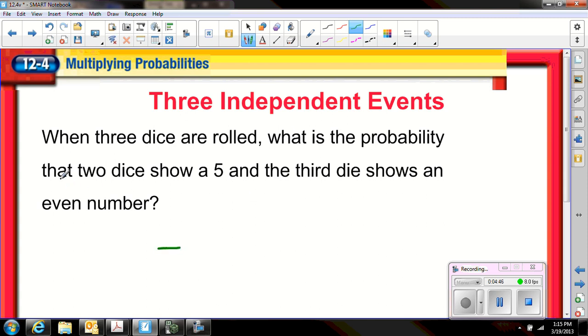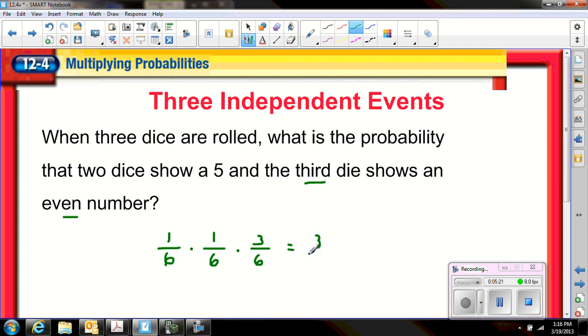So the first one, I want a 5. Well, there's 1 five out of 6 possible numbers on a dice. So that's dice number 1. Second dice, I also want a 5. There is 1 five out of a possible 6 numbers. The third dice I now want an even number. So again, there's 6 numbers on a dice. An even number could be 2, 4, or 6, which means there are 3 even numbers. Multiply them all together, gives me